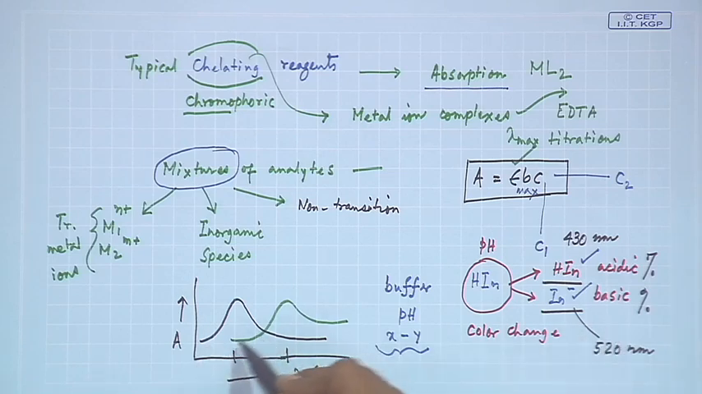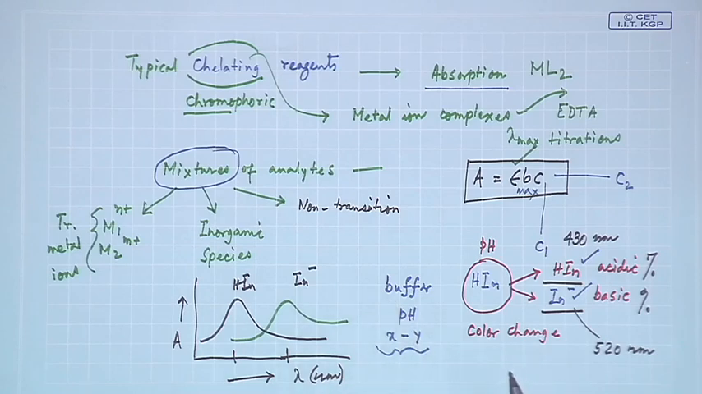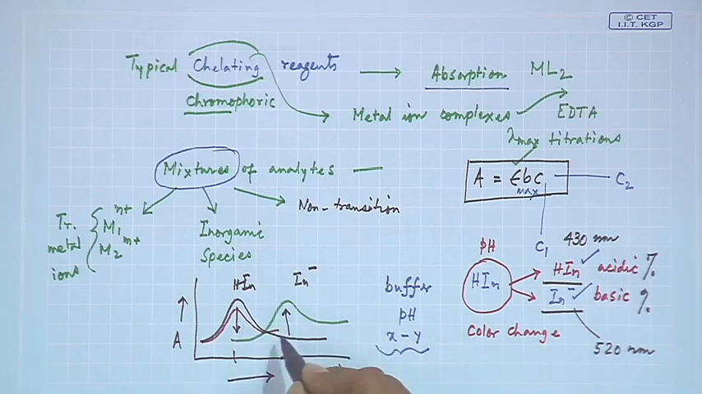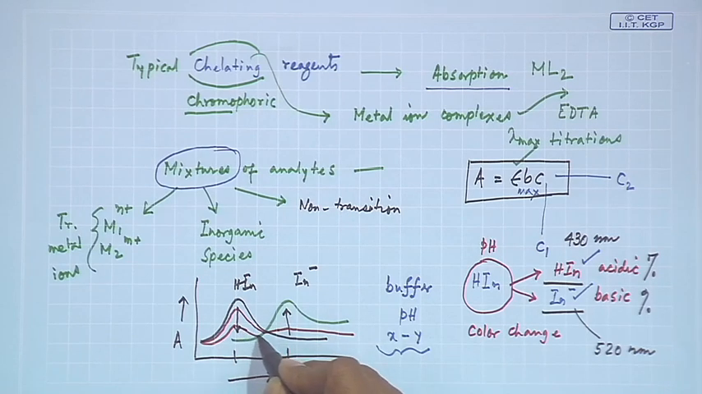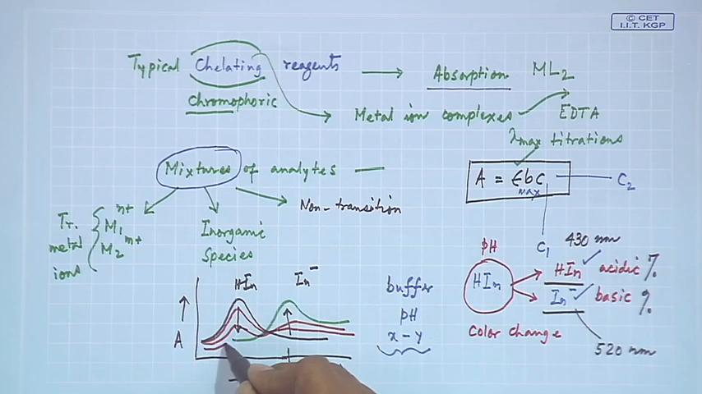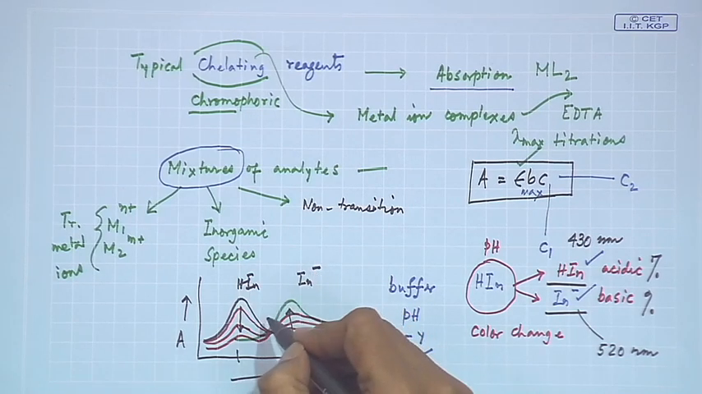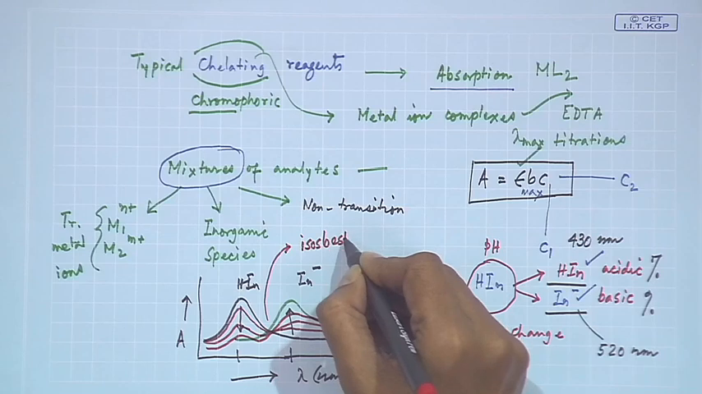What will you find? If this is for HIN and this is for IN minus, this particular one is decreasing and this particular one is developing. So, with the change in these values, we get this one changing, like this, and like this. So, it is developing. This will decrease and this will increase, and we get some crossing point, which is known as the isobestic point,